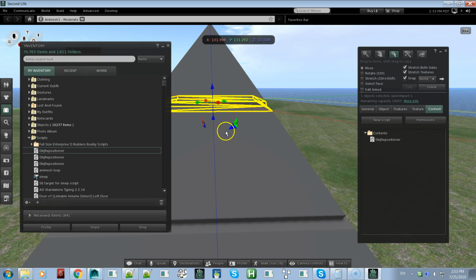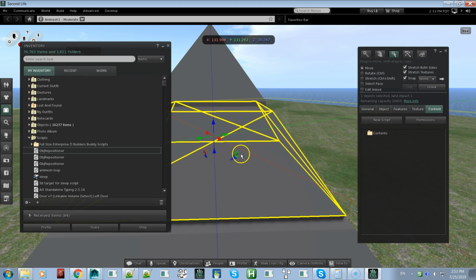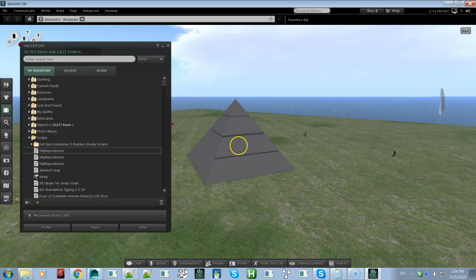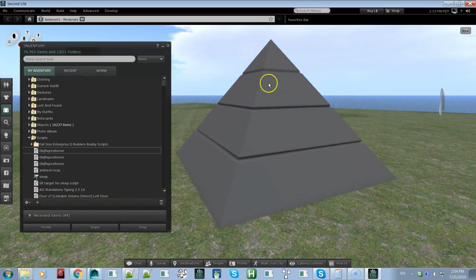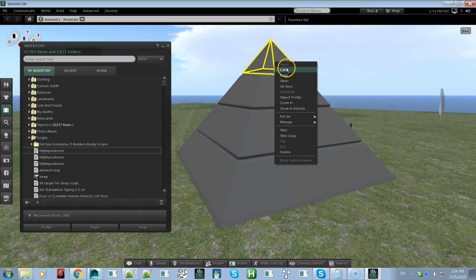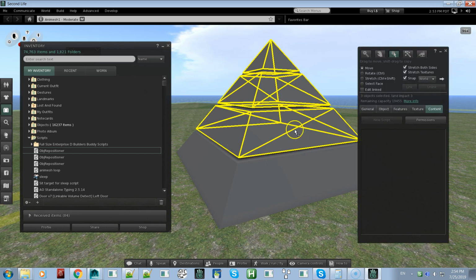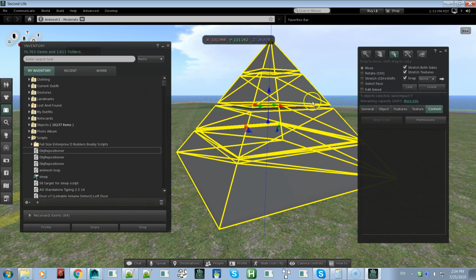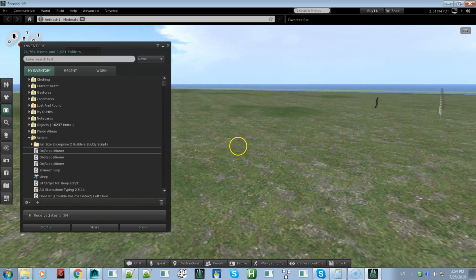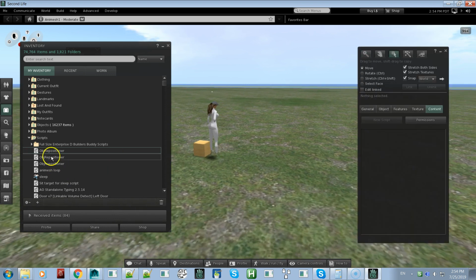Okay, so that's all you do, you drag the OBJ repositioner script into each of them. I'm not going to do that on all these, just for time's sake. Now I'll go on to the next step here. I'm just trying to keep this video as quick as possible, so I'm just going to delete those. Okay, and then once you've dragged in the OBJ repositioner into all of the